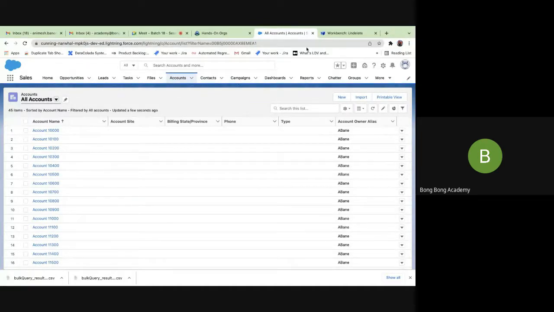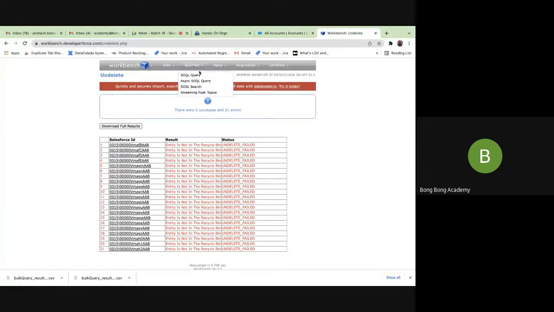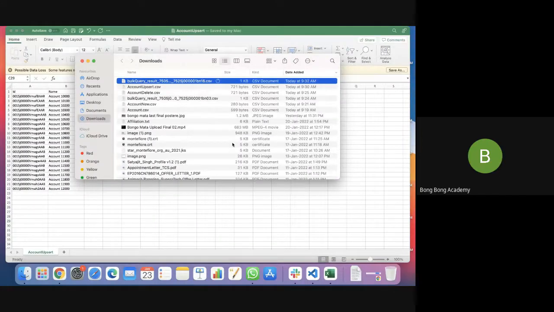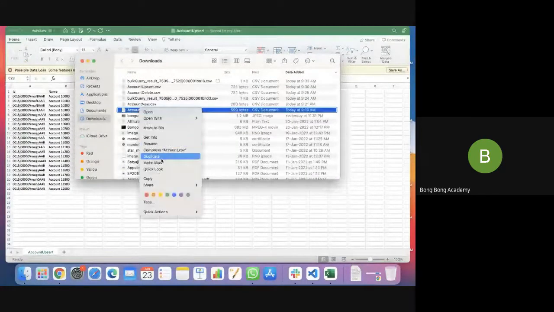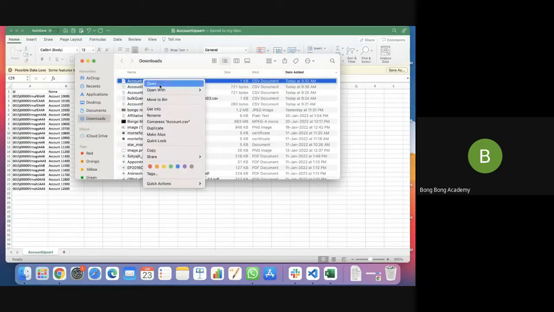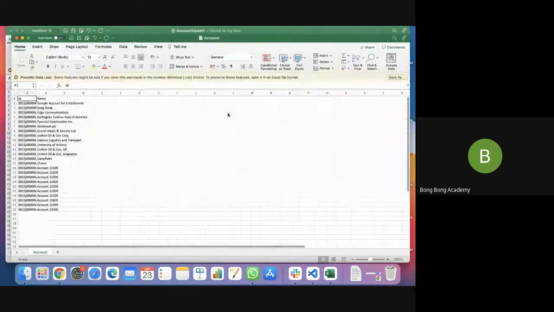So I will download the file once again, because now we need to load data from another table. So I am downloading this value once again. And this account table, I want to move to the recycle bin. I rename this again to account. So let's see what is there right now. What is the current state? If I open it in an Excel sheet, it will show like this.